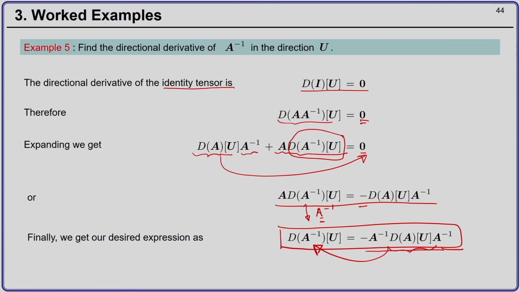So, you could see here we did not follow the usual route, that is computing d by d eta and then substituting eta equal to 0, but we proceeded in a different way. Okay. So, it is not always that you proceed in that particular sense. Okay. You have other means to derive the directional derivative. Okay. You have to be ingenious some of the time. Okay. Next,